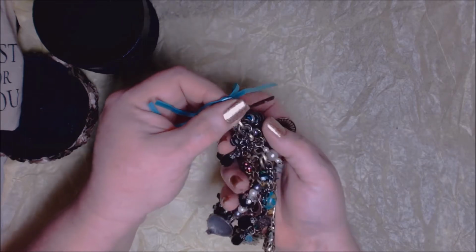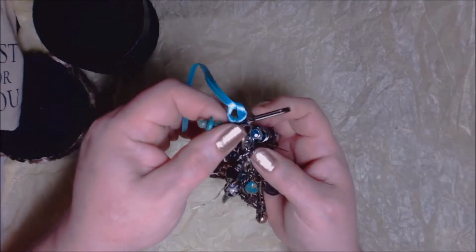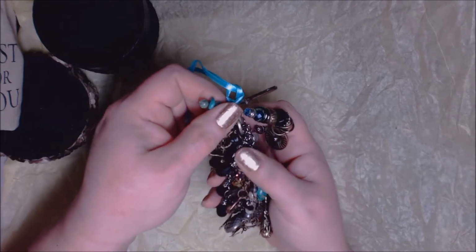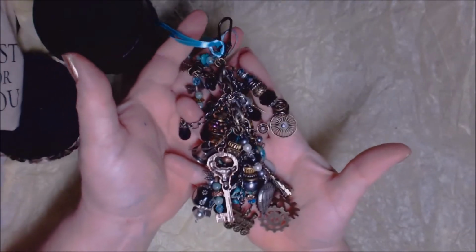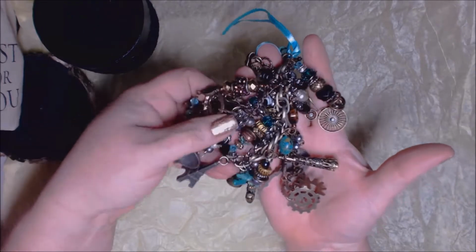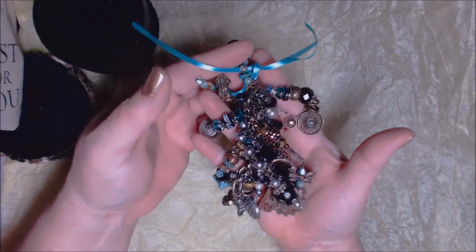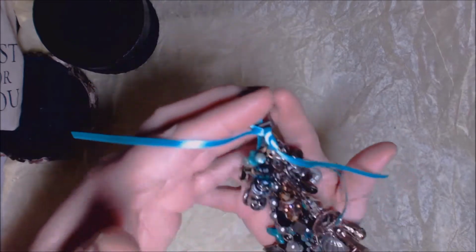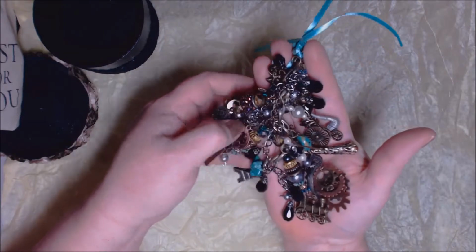And when I sent it in and got back the other ladies' dangles, I was like, uh-oh, gotta up my game, because they had literally made these chunky charms that were just full and wonderful and had so many goodies on them. And some people have asked me before, what do you do with all those dangles? Well, they always get honored and loved, and for a long time I will keep them,